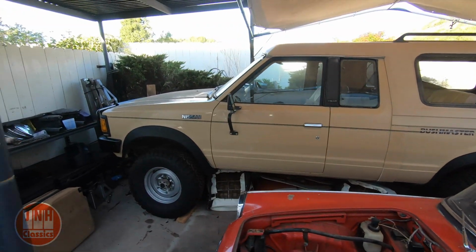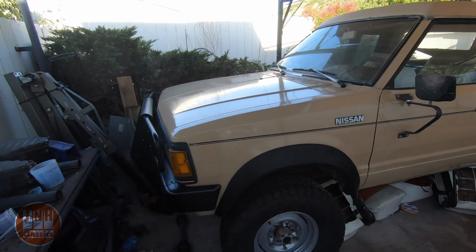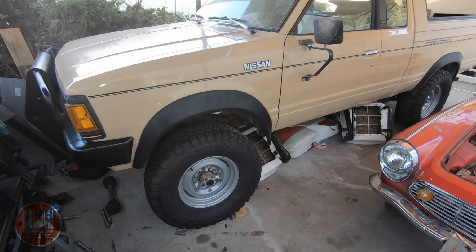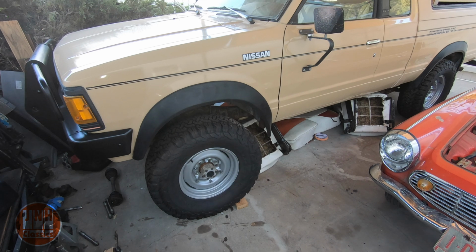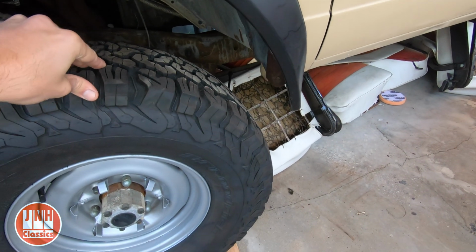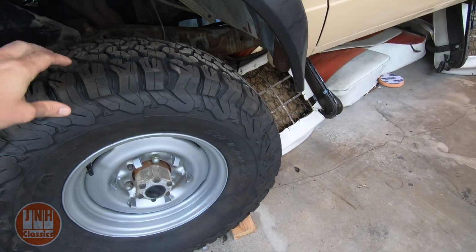So the Bushmaster came out really nice. I'm loving the way that this thing looks. I put the wheels on it from the Land Cruiser for now. I am still looking. I have a set of wheels in mind that I might be able to get for it, and then I actually don't think these tires would work. I don't think there'd be enough clearance here. These are 31 10.50s. I think I'm going to have to go 39 50s on the rims that I actually keep on this truck,